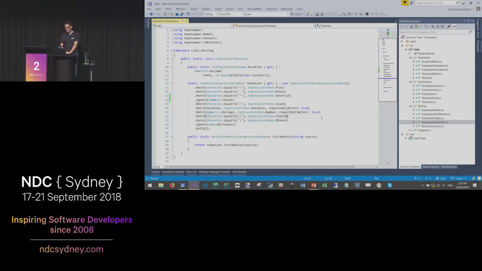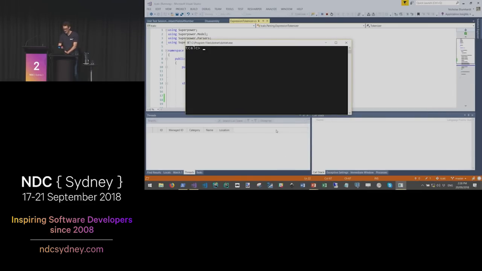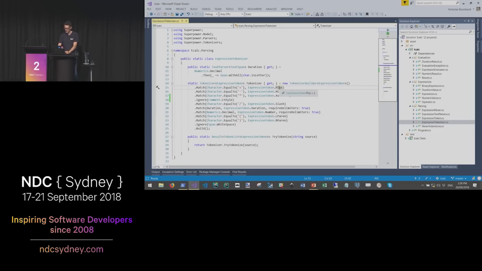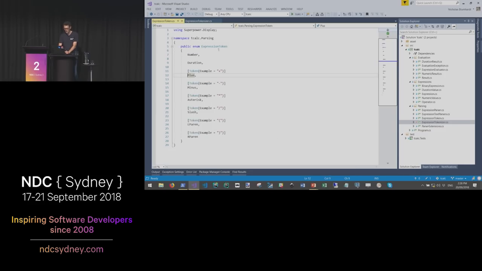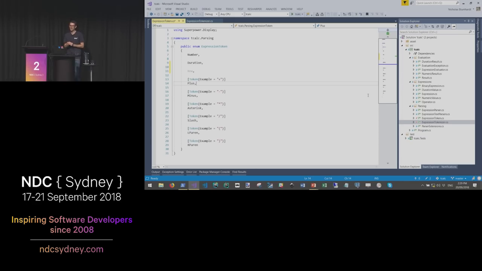But given that we've got a 2-minute budget, let's imagine that we want to say, what's the time 7 days ago? The way I would tackle that is we might say now minus 7 days, and just to prove that there's no now in there, I want to show you what it takes to extend this grammar to do that one more interesting thing. We'll do it by adding a now token, and we could call it now keyword. Choosing tokens to be more specific rather than generic makes it easier to write a really precise parser.